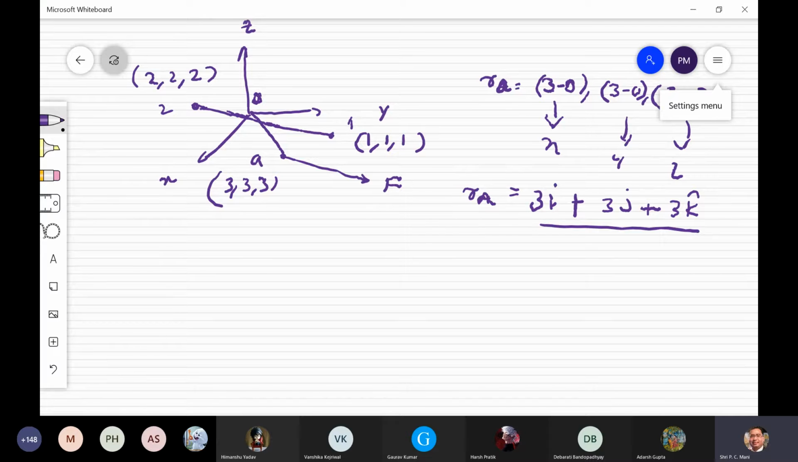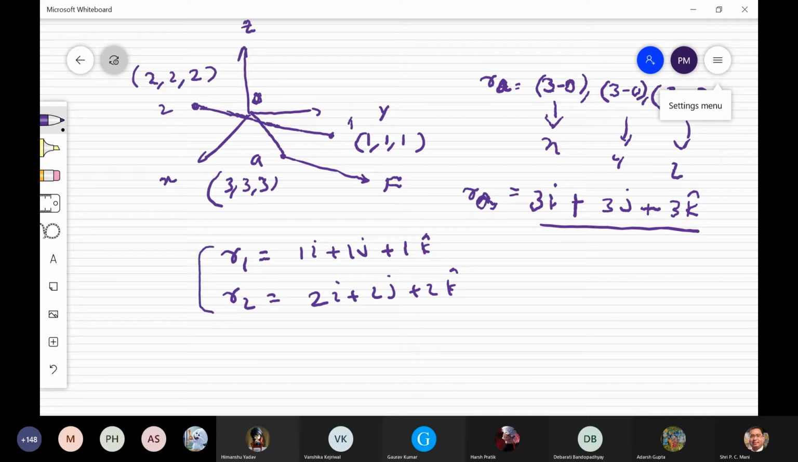This is the position vector of A point. Similarly, the position vector of point 1, R1, will be 1i plus 1j plus 1k, and R2 will be, say, 2i plus 2j plus 2k. So for the direction vector, simple, rho, that will be what? From 2 to 1 if you are taking, so 1 minus